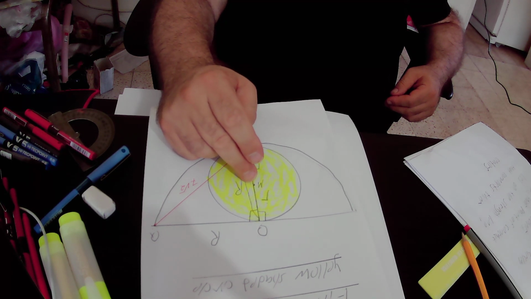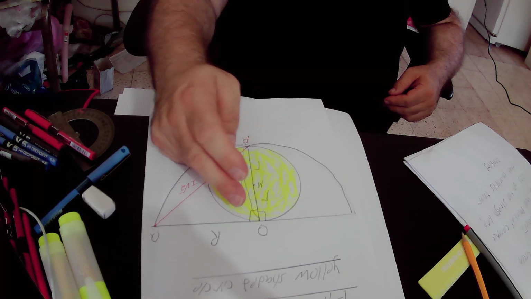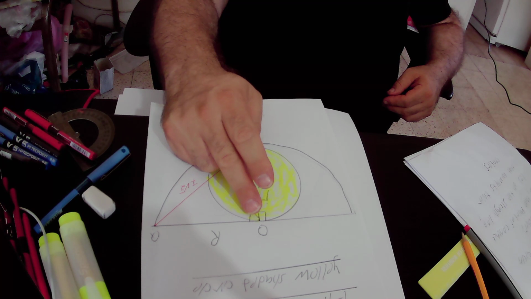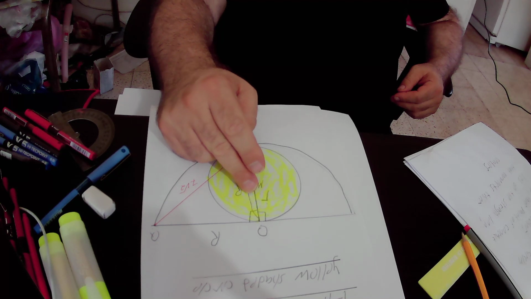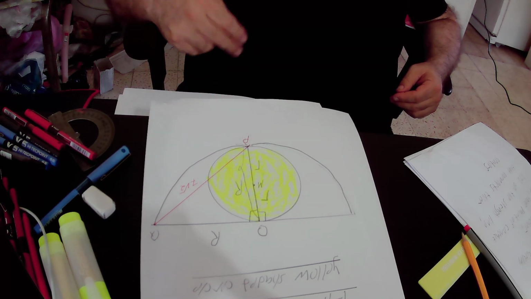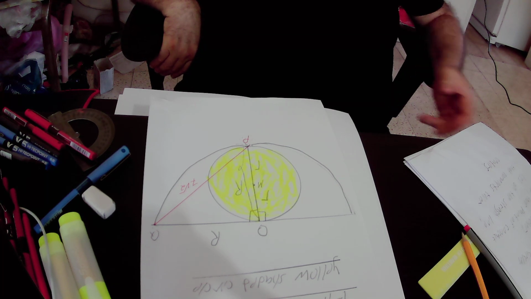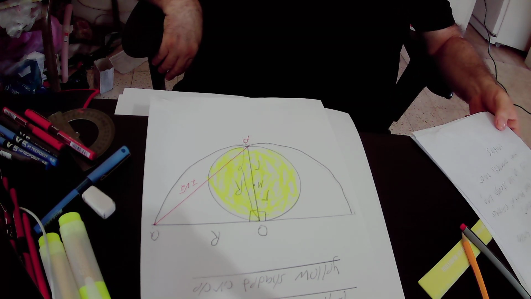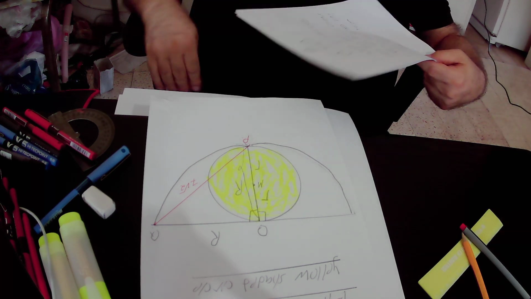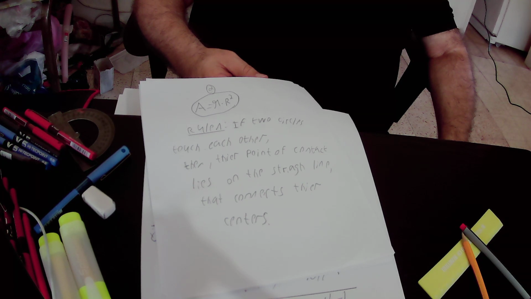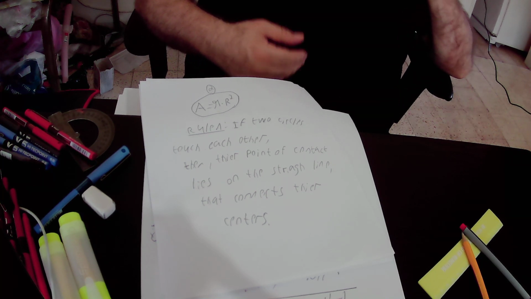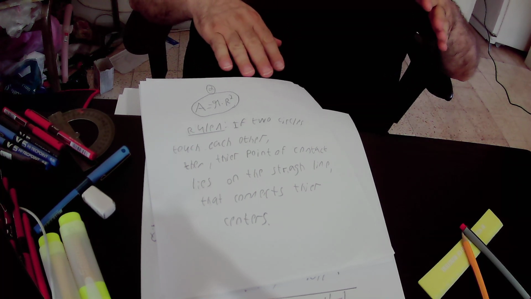We defined the center of the yellow circle as M, and the center of the semicircle is given to us as O. So we connected those two centers, and we have a theorem that states that if two circles touch each other internally or externally,